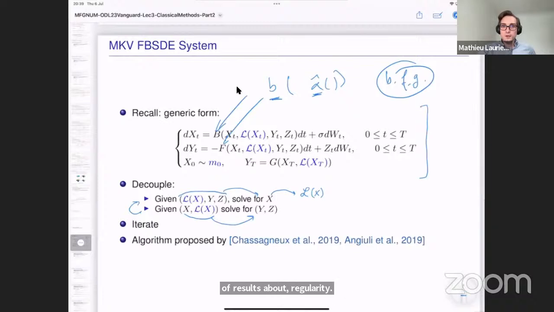So I hope this clarifies the question for this part, but it's a good question indeed. I don't discuss too much regularity. I apologize. It's more hand-wavy, the presentation here, because I try to convey the main ideas, but it's a very good question. In practice, when you want to analyze the system or when you want to analyze a numerical method, convergence of numerical methods, indeed regularity is important.